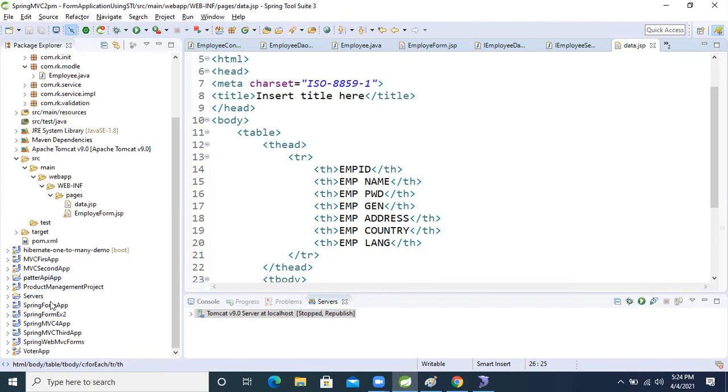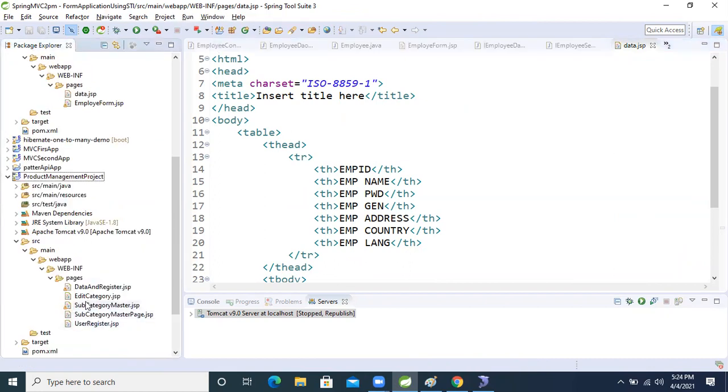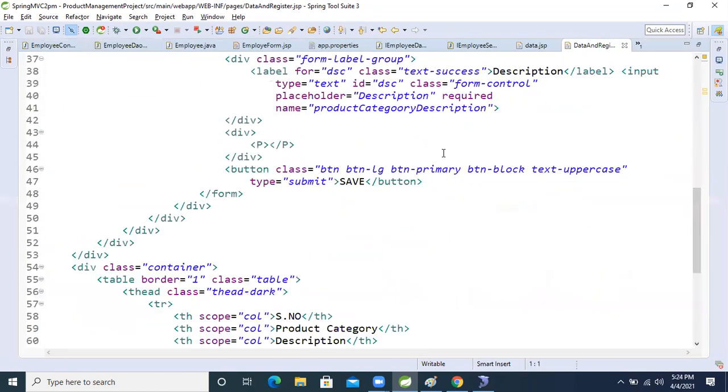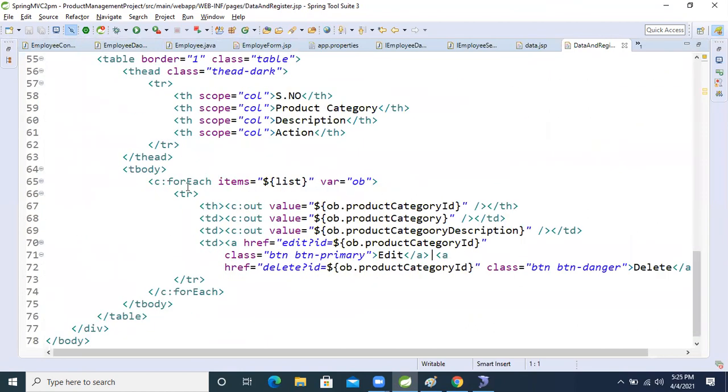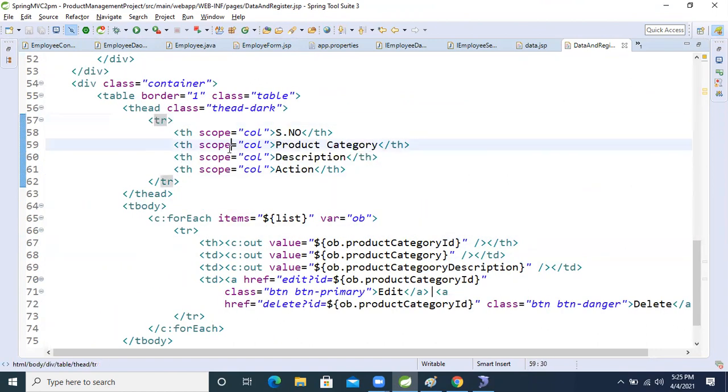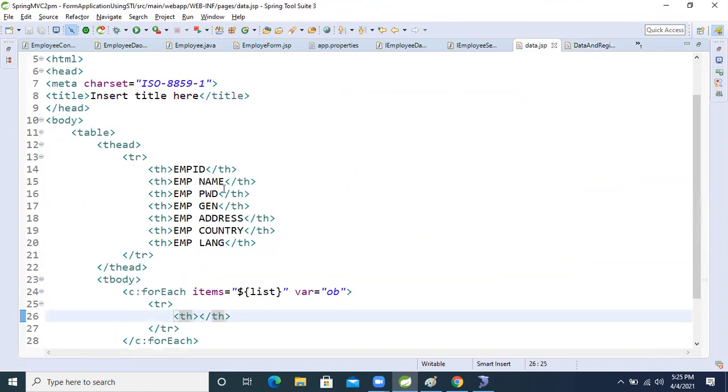Based on that, I'm implementing the real time project for you people. Okay, which one did I open? This one, edit category data. Open this one. I use Bootstrap also here. So the thing is fine: TR and TH, right? Yeah, correct, there is no problem in that. Okay, come to here.